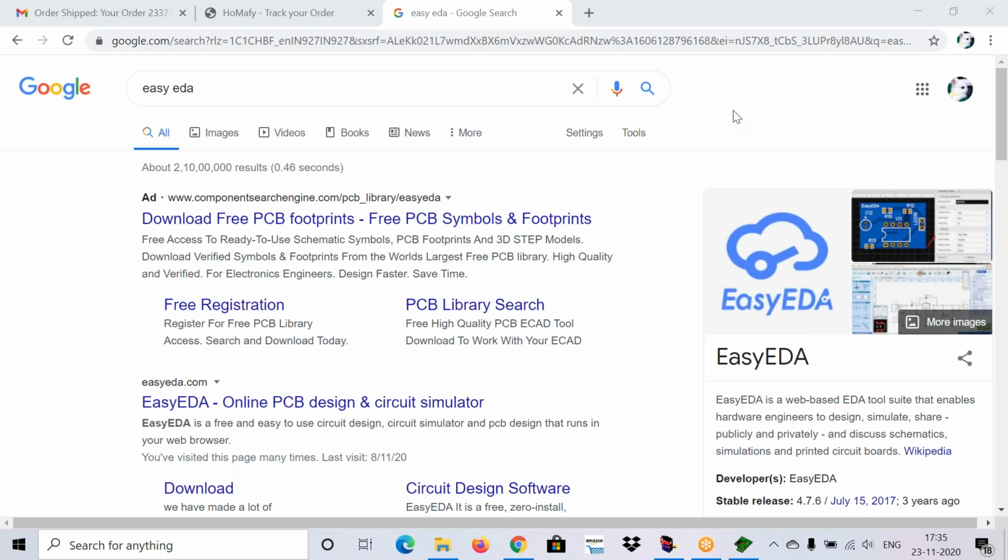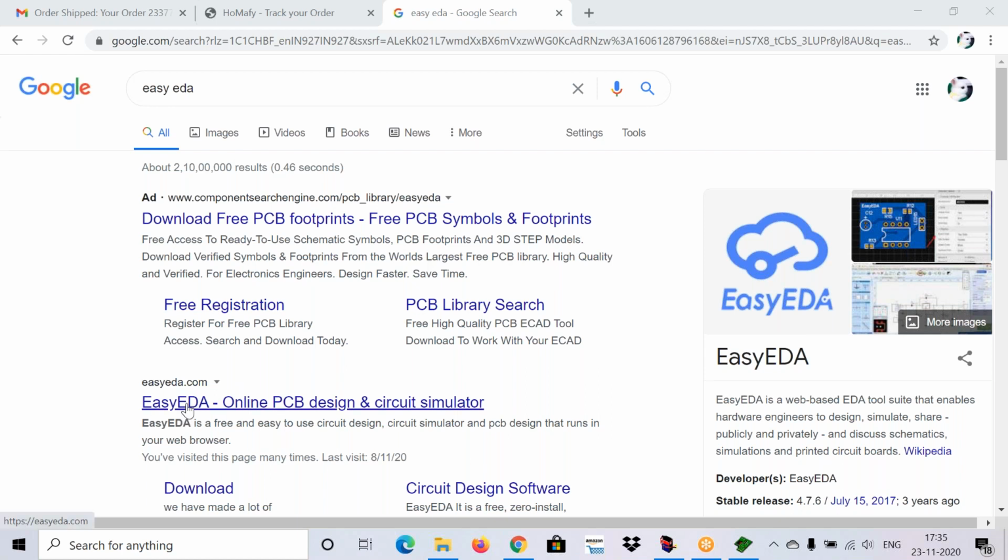Okay guys, did everyone sign in to your Gmail accounts? Respond quickly. After signing in, just open a new tab and search Easy EDA.